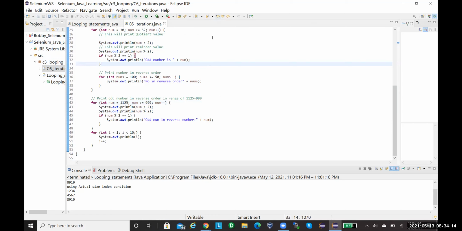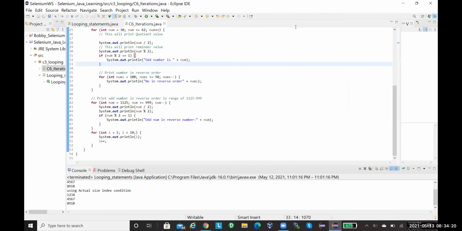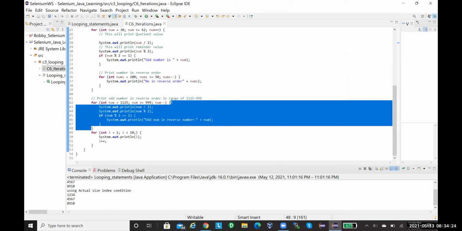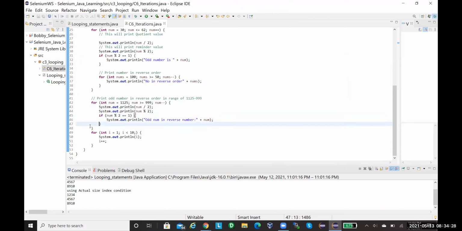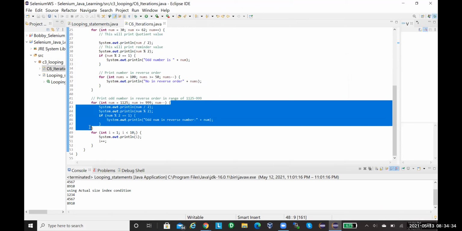You are having a problem with braces. You have to be sure, while you are writing the code, please follow the syntax. If there is an open brace and a close brace, then that is called a block. Whatever is mentioned between this open brace and close brace belongs to this for block. You are opening the block, but you are not closing it.